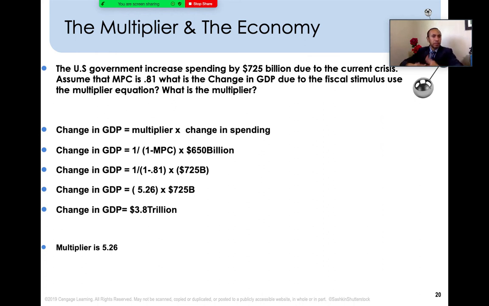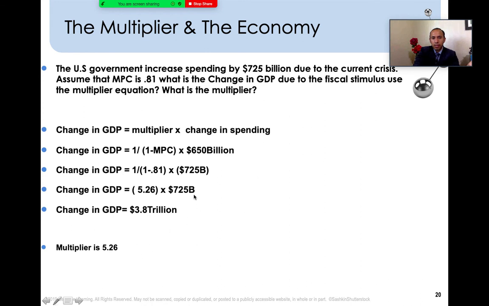So everybody's expected that their income from the fiscal stimulus is going to be used, for example, to pay the mortgage, pay the rent, buy groceries, goods and services, etc., pay their bills. That's going to generate multiple transactions, which is the multiplier process. And essentially, it's going to stimulate the economy here, hypothetically, by $3.8 trillion to get it out of the crisis. And the multiplier is 5.26, meaning that this 725 billion,